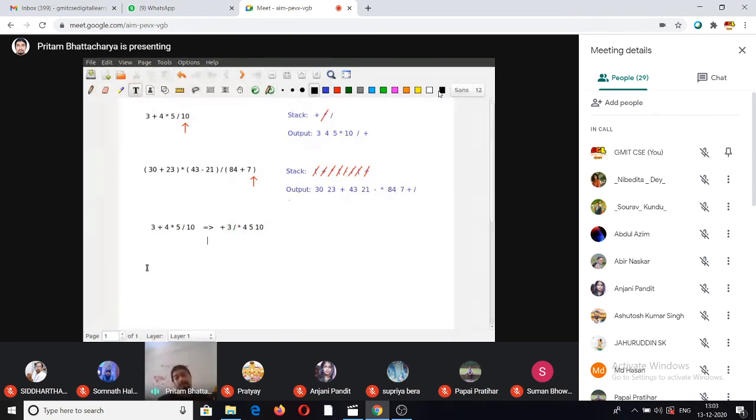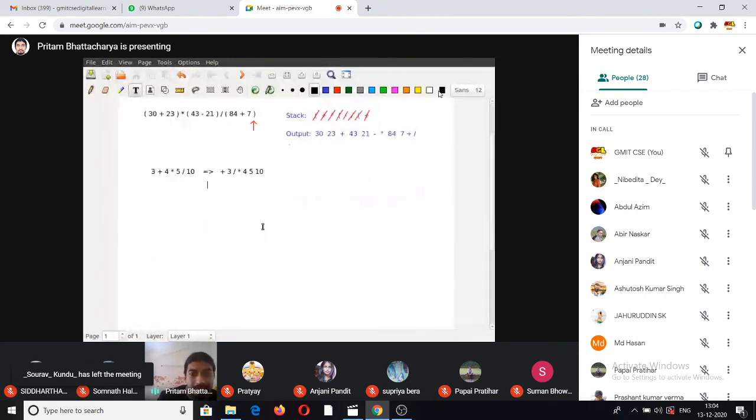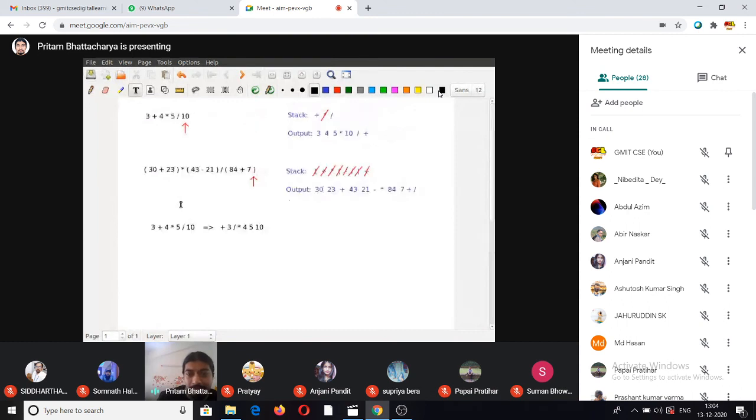So once again, the advantages: prefix can be very easily evaluated using stacks. It's very similar to how the postfix works. And also for the conversion part, actually, if you know how to convert from infix to postfix, then prefix is not so hard. I'll just quickly tell you how to do it. In fact, it uses the conversion of infix to postfix as a sort of black box, as a submodule rather.